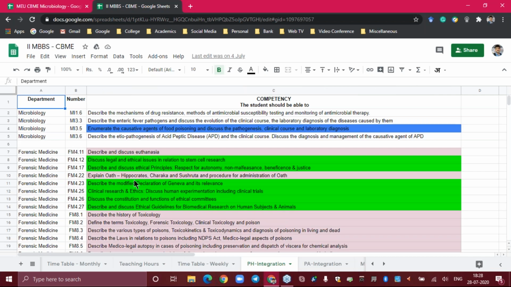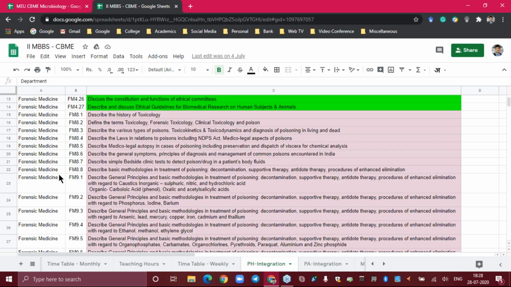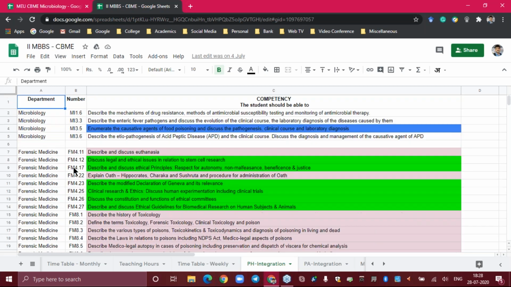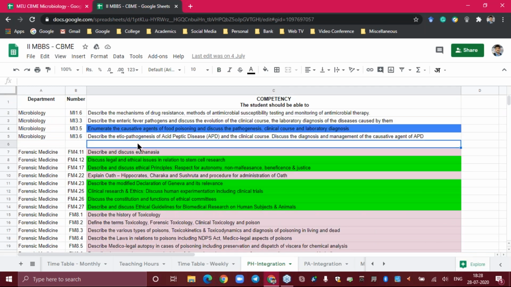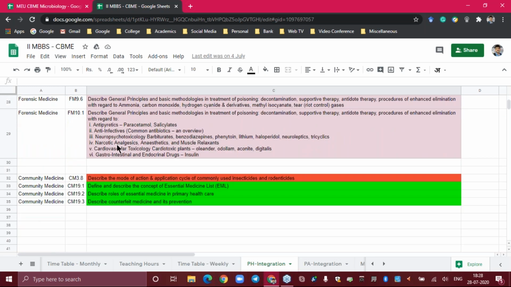Okay, you can see this competency. I have put this competency into our Google Sheet. You can see over here, there are certain topics which need to be integrated, right? Over here, you can see forensic medicine, right? Integration with forensic medicine, integration with community medicine. And there are some integrations with pharmacology, right? So pharmacology, forensic medicine, and